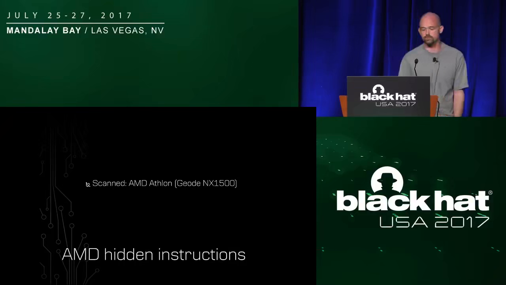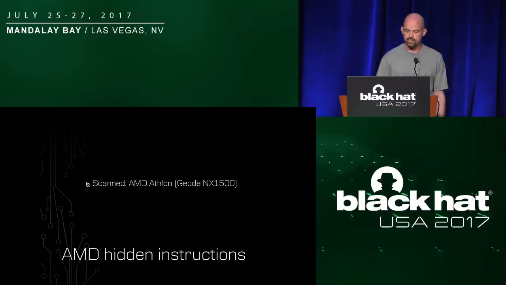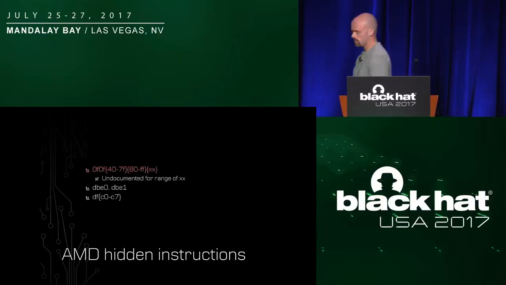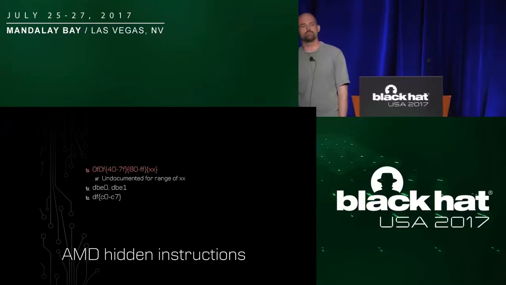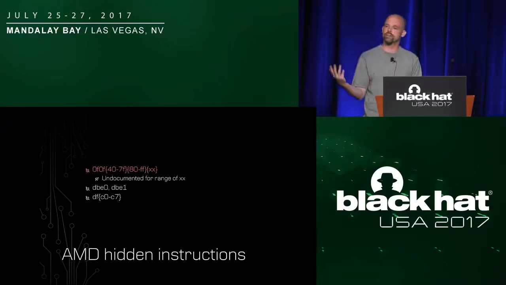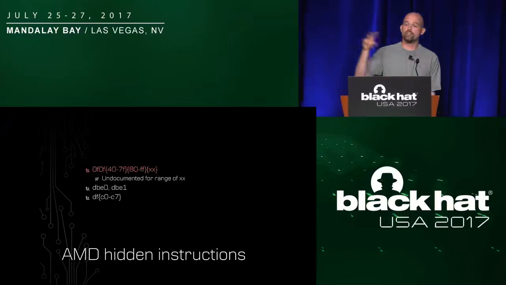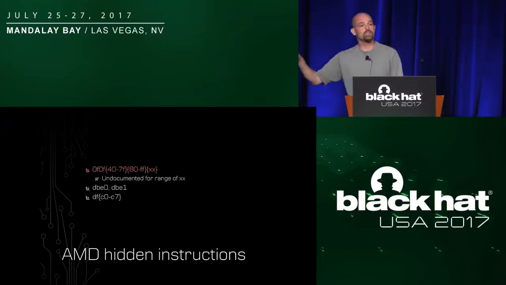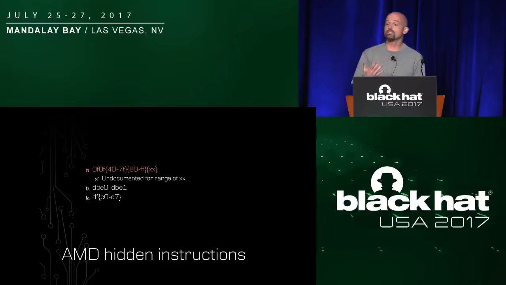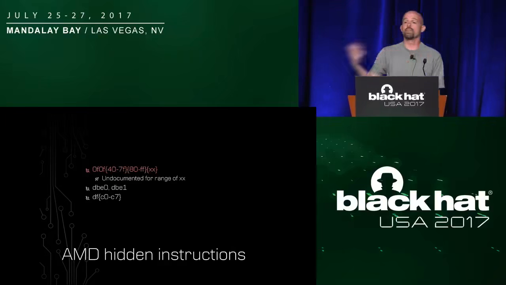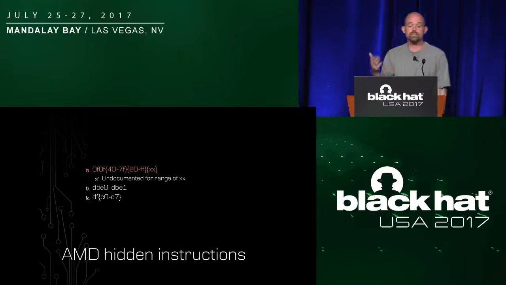So I started scanning other systems. I scanned an AMD Geode system. These are the undocumented instructions I found on AMD. Now, when I started scanning systems or processors from different manufacturers, I noticed some interesting patterns. There were a lot of overlaps in the undocumented instructions across different manufacturers, which means even though we don't know what these instructions do because they're not in the documentation, the manufacturers are coordinating on what these instructions actually do. So for example, on an AMD system, I found the same DBE0, DBE1, and DF instructions that I found